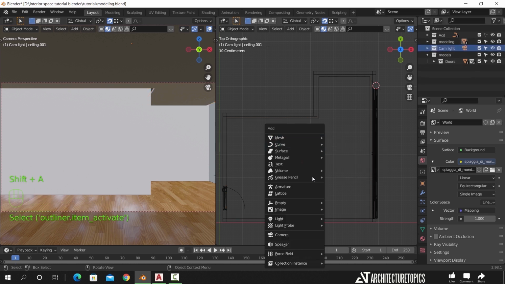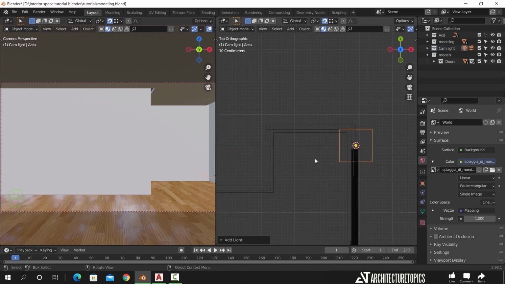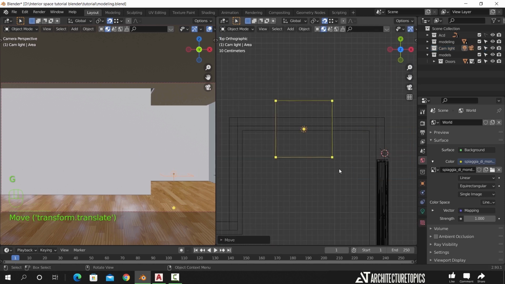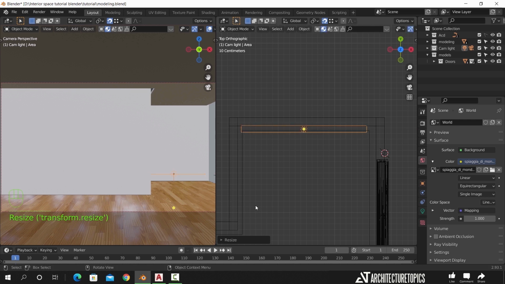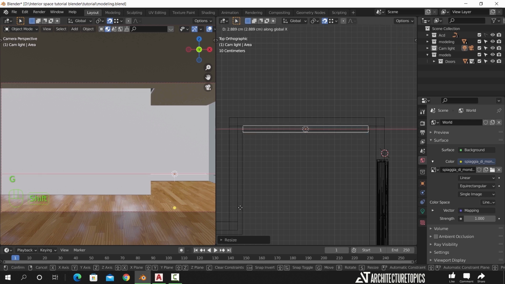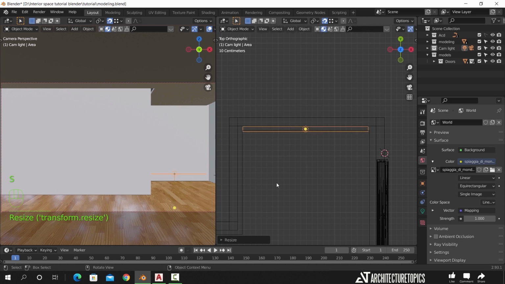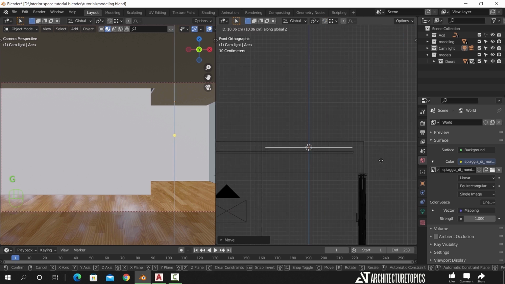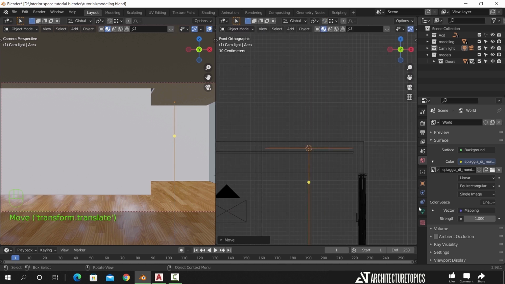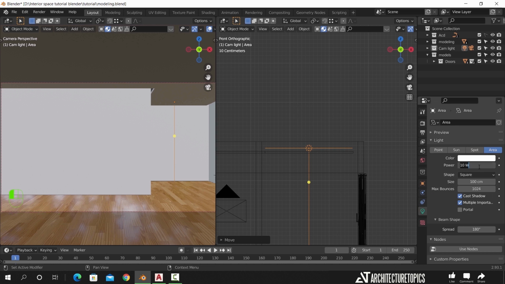For the lights, hit Shift A to add an area light, move it to the top wall, and scale it to 58 cm area on the ceiling. From the front view, move the light up over the bottom ceiling. In the light settings, make the power 8 so we can test how it looks, and for the light color,